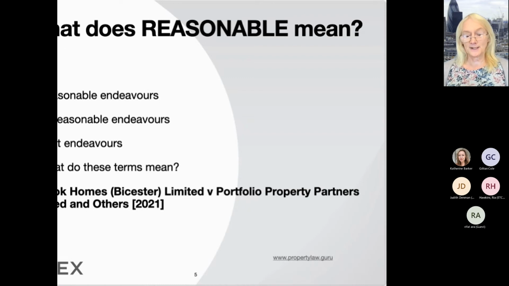So it could be that certain things are referred to an expert, like financial calculations, valuation, or planning, but anything else, like construction of the meaning or any serious falling out, goes to the courts.